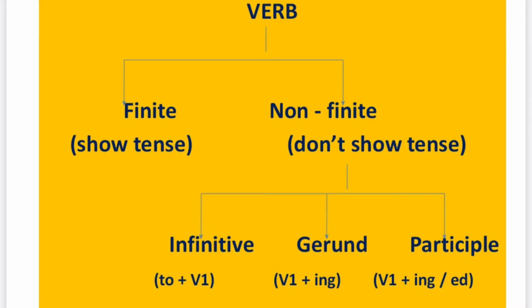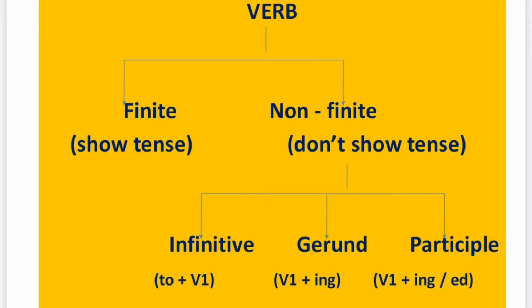Gerund is the ing of the verb. Swimming, working is good exercise. Working is here a gerund. Swimming, eating, all these verbs are gerund. Participle is either ing form or ed form. Also we call ed as en form. So verb is categorized into finite and non-finite, and non-finite is divided into three parts: infinitive, gerund, and participle. And the point of discussion here is the non-finite structure.